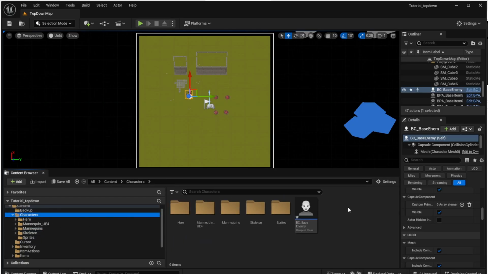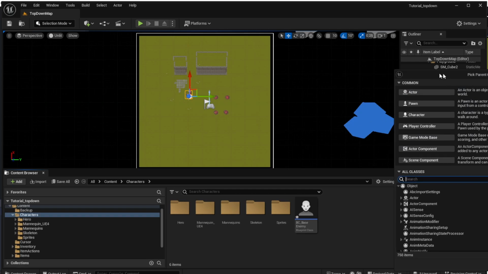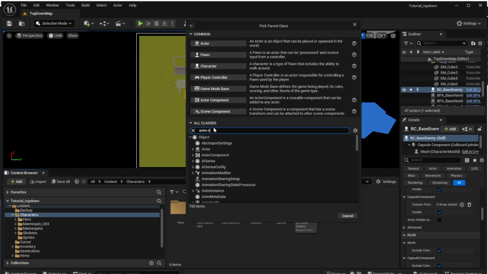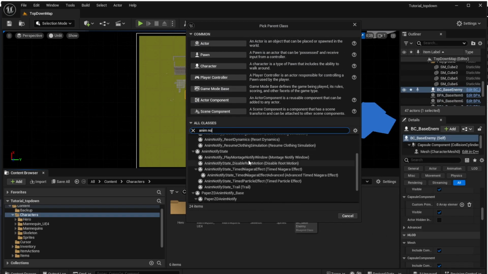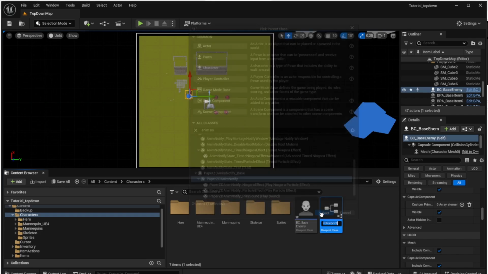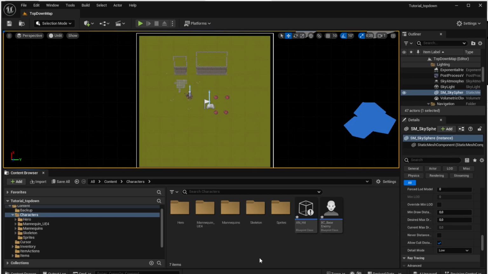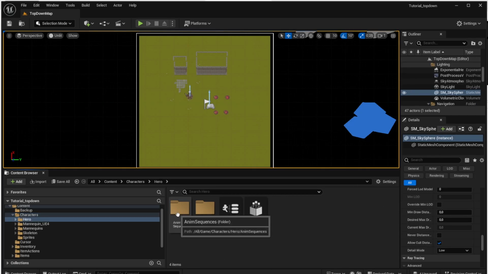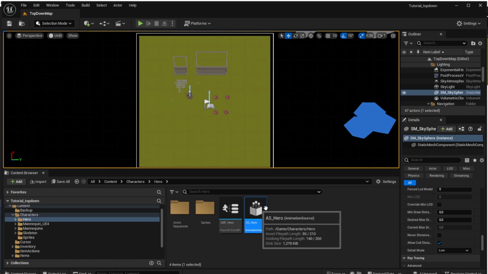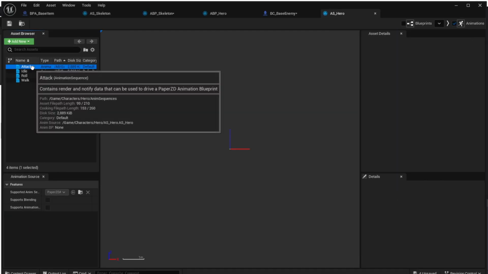In the characters folder, create a new blueprint class, and in the next menu search for the anim notifier, and then search for the paper sprite anim notify and click select. And we can name this resulting class ANHit. Now we have to run this animation notifier from the hero attack animation. So in the characters hero folder, open the animation source hero, and there we will open the attack animation sequence,